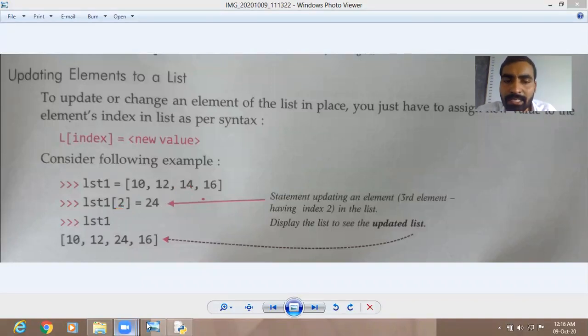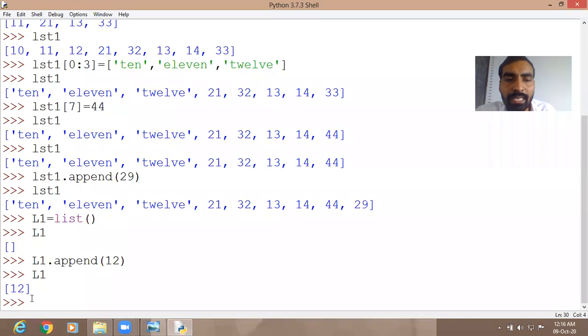Very simple. Just now I have told, but once again you can see, like here in L1, 12 is there. And if I want to update this value, I will simply write L1 square bracket, the index number 0, it is at 0 index, is equal to new value. So suppose new value is 22.